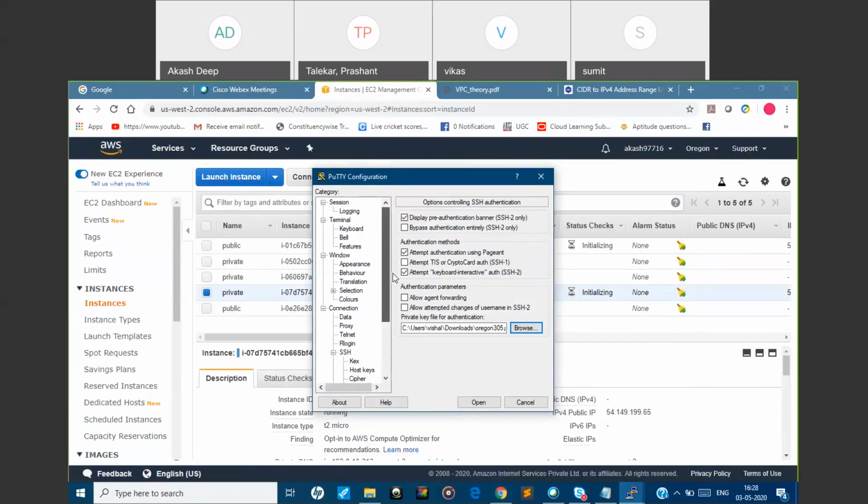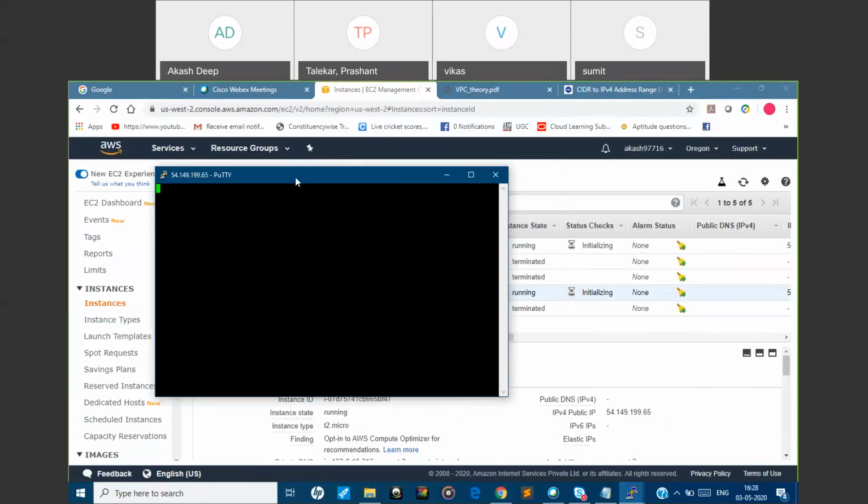We'll select it. We'll try to open it, but we will not be able to log in because that is a private one, right? So if that is private, and if we are able to access it from the public network with the public IP, basically, we will not be able to do it. Straight and clear.